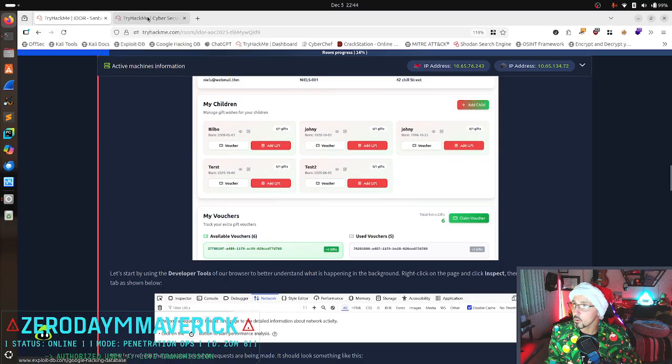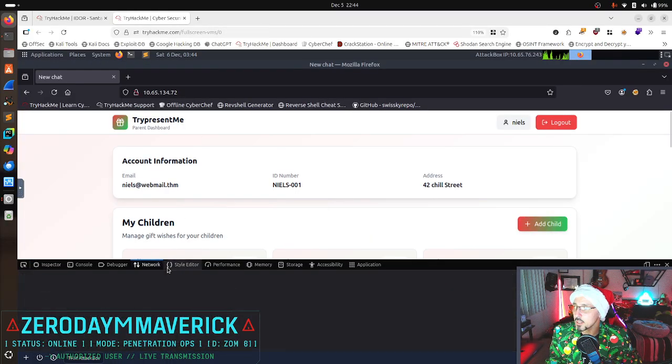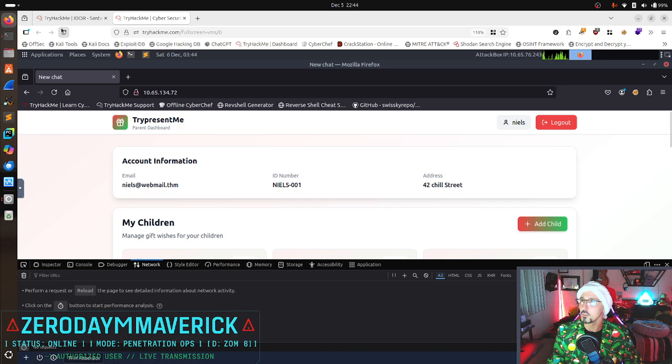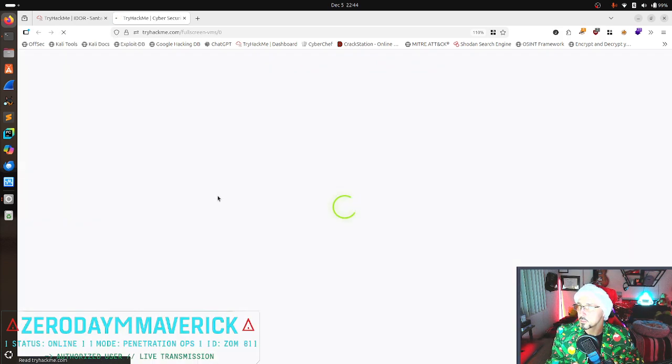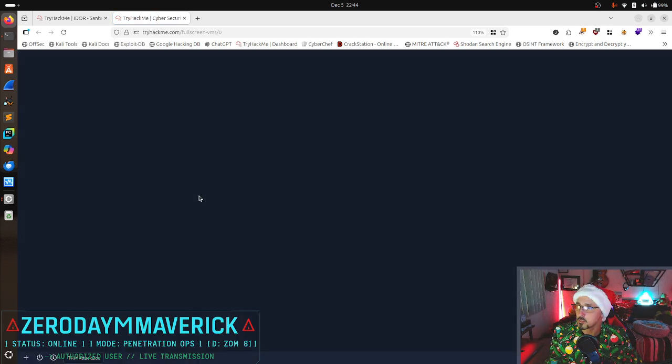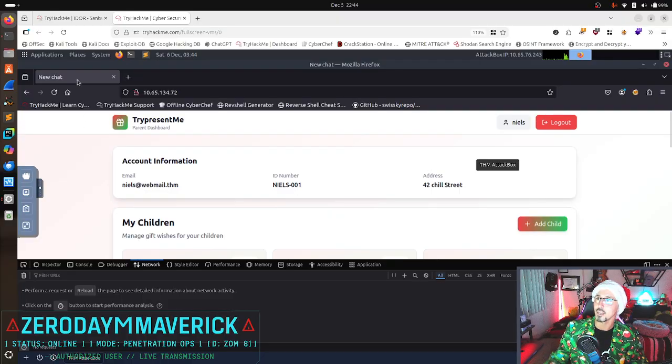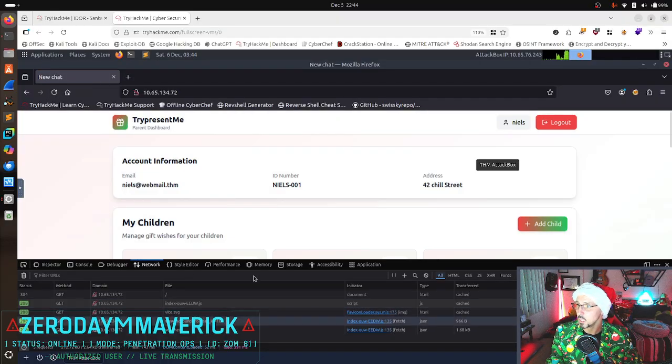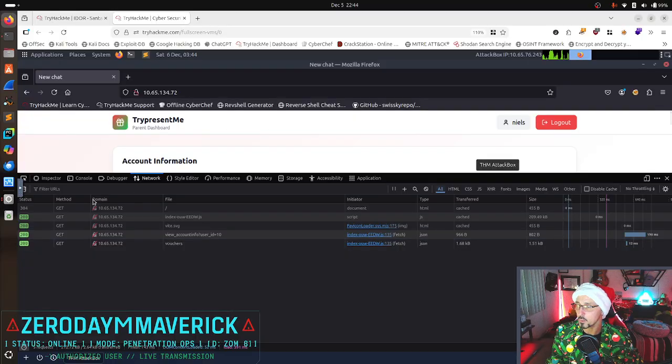We're going to go to network. We're going to see network traffic. Now, network traffic won't show up until you refresh the page. So once you refresh, not the TryHackMe page, but the actual website for the Mozilla, yeah, right here. Sorry about this. There it is. And this is all the information that would be coming through.